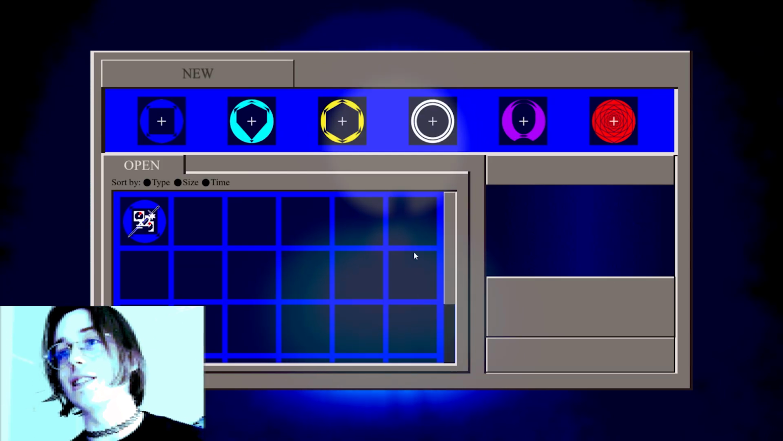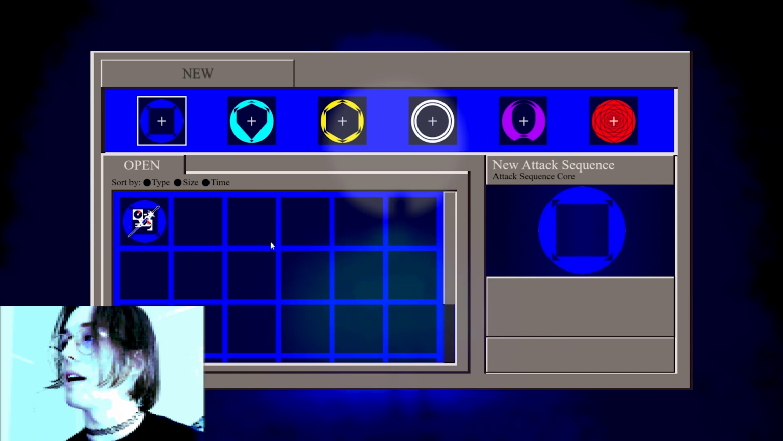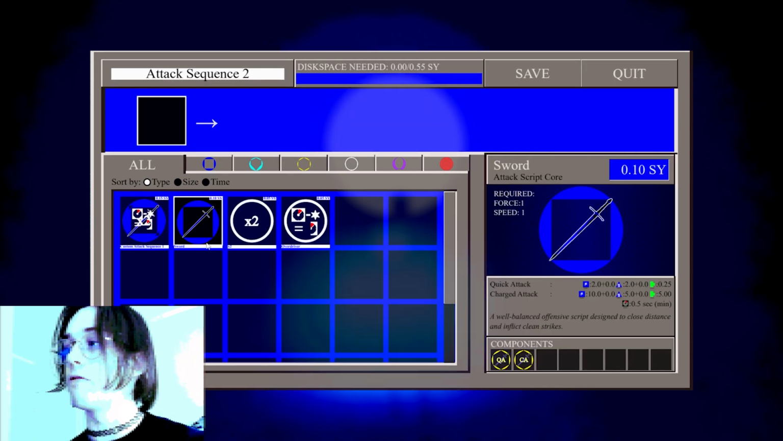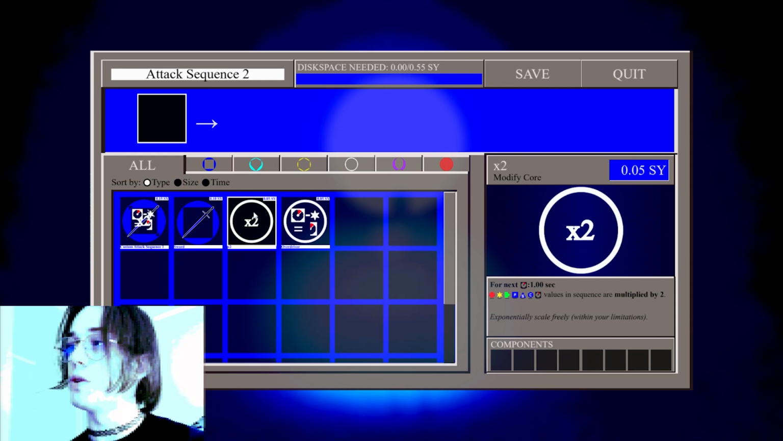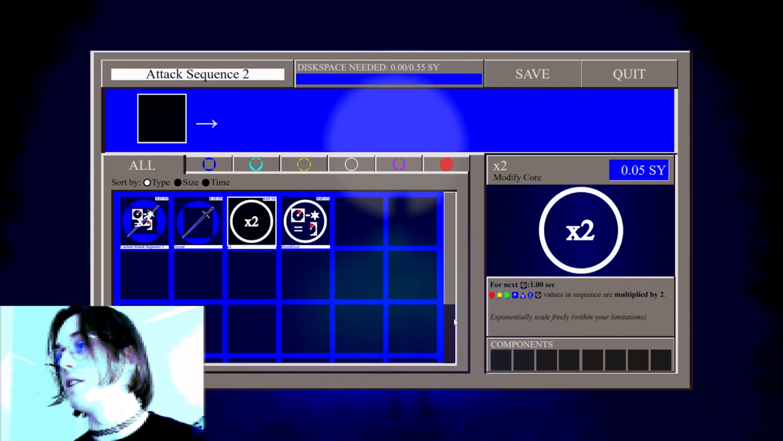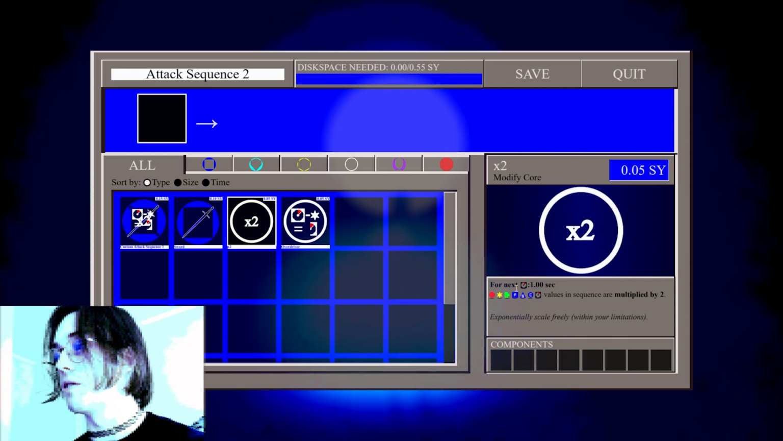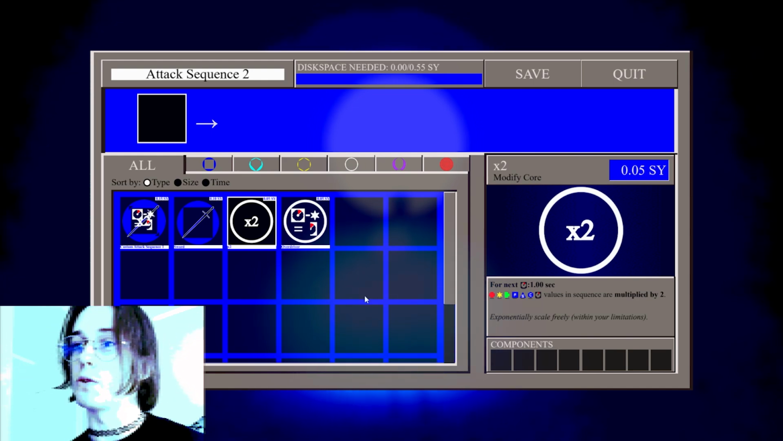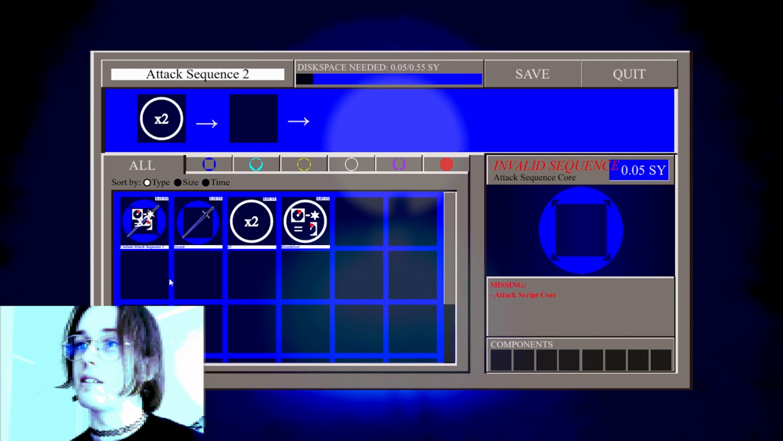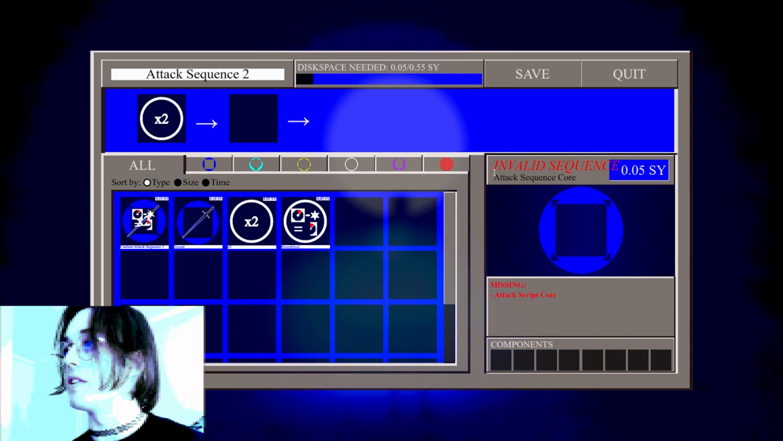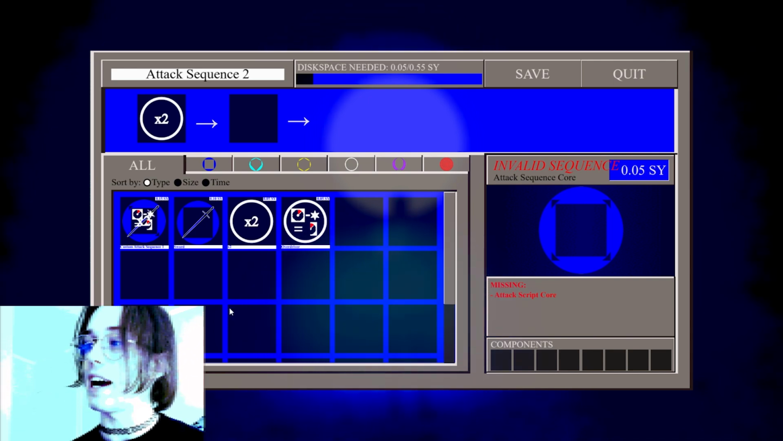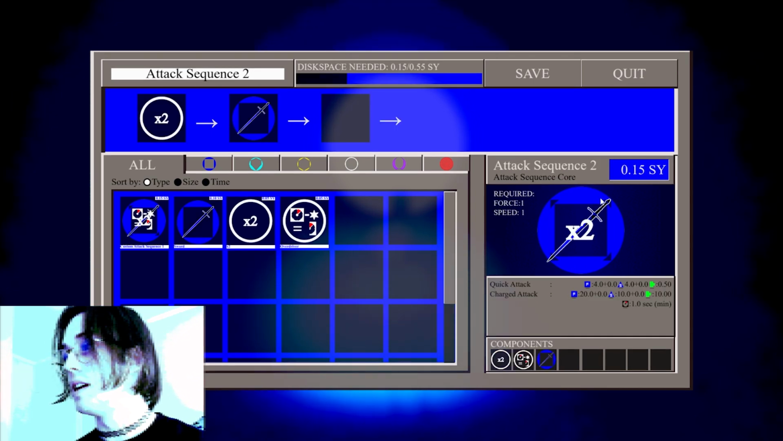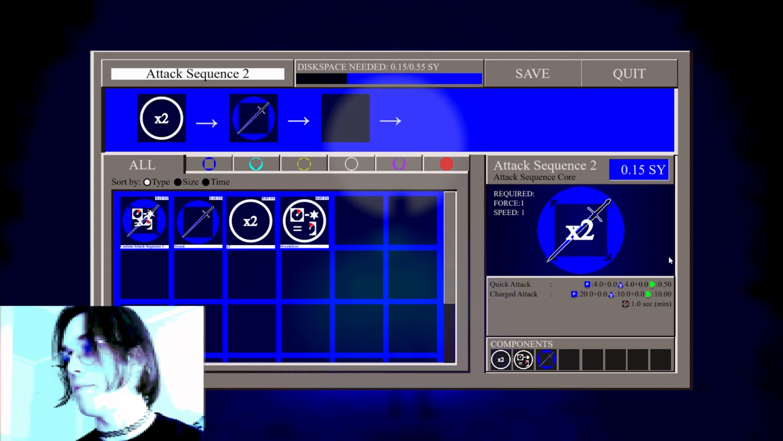Here we are in the sequencer. We'll just be creating a brand new attack sequence. We'll be using this sword, but what we're first going to want to do is use this 2x modify core, which does this: for the next 1 second duration, all of these values in sequence are multiplied by 2. So that's what's going to give us our double damage, but this is an invalid sequence because we're missing the attack script core. So if we put that in, we will get this valid attack sequence, which does double damage,